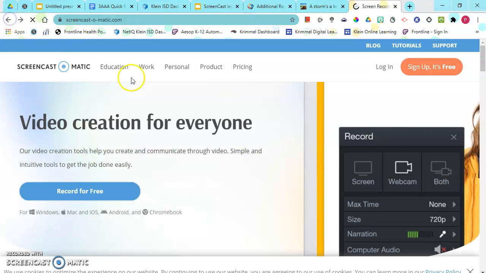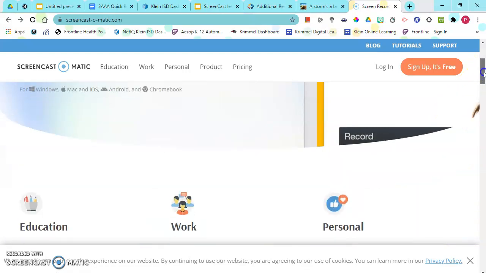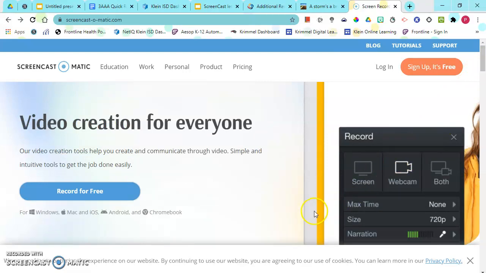You can choose to record your screen only, which would be appropriate for what we're doing with these voiceovers. And then you will select the record button, which looks very similar to the one down here in the bottom left corner of my screen record, and